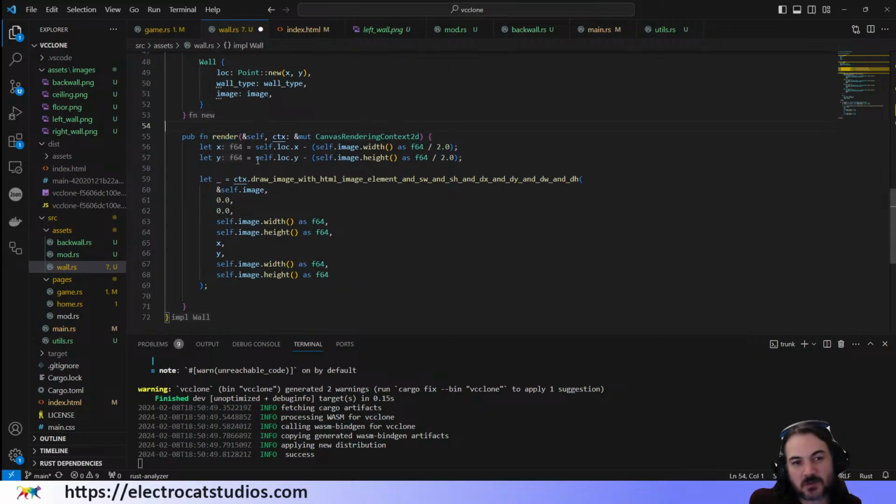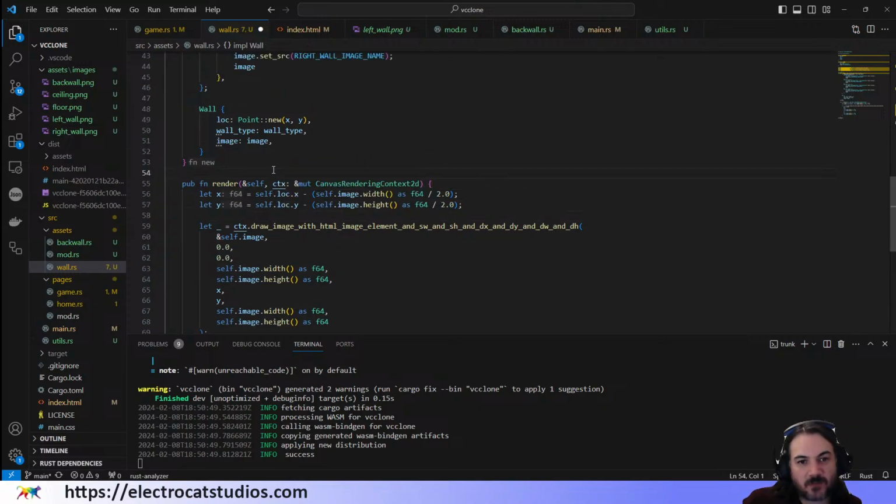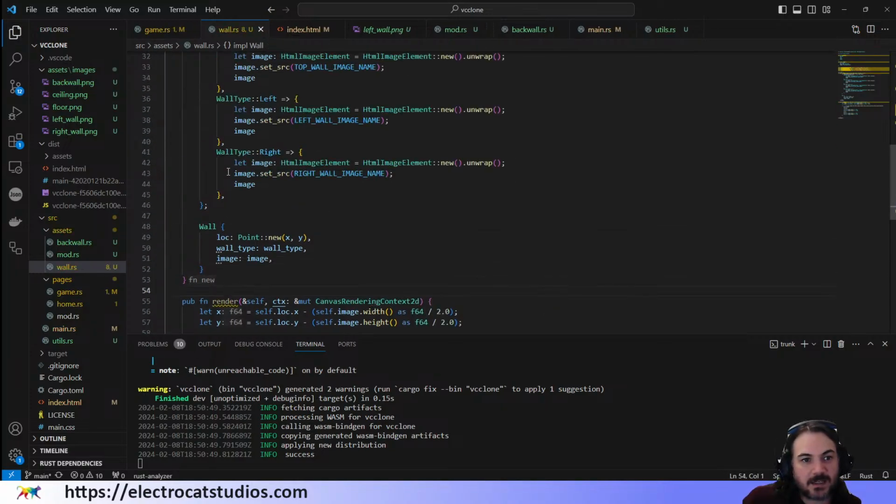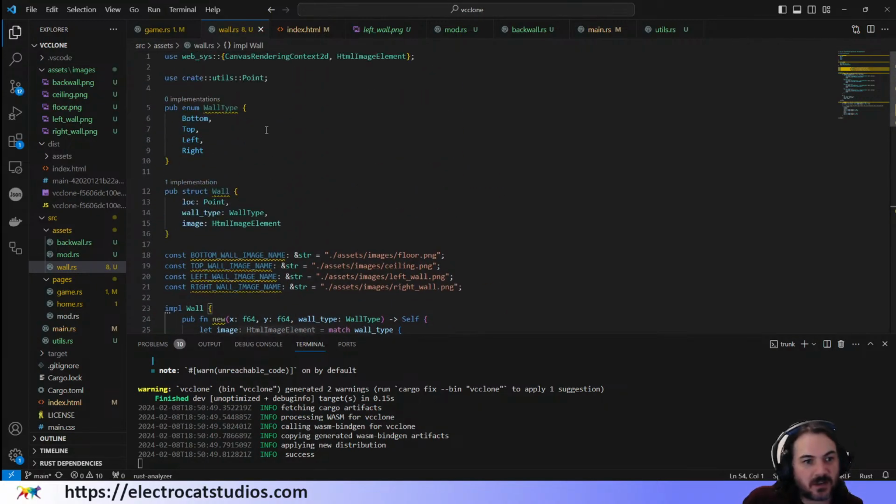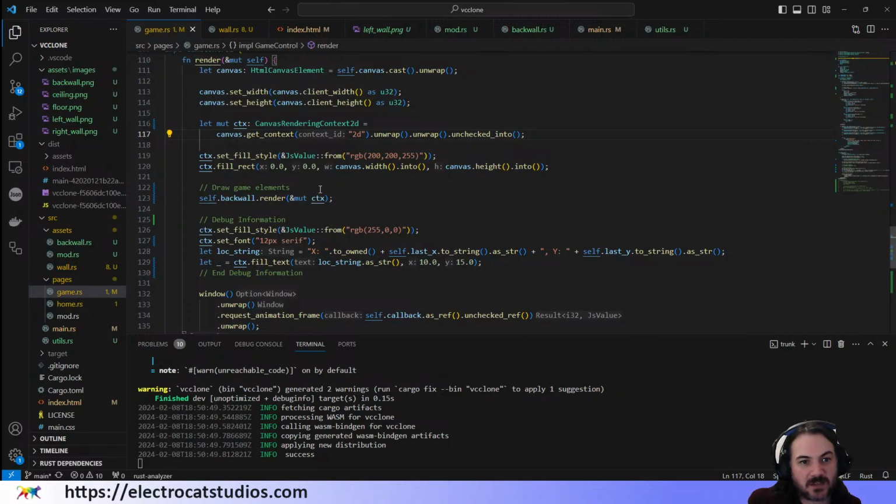I'm not sure the walls will work because I think it'll just make them too complicated, but I think for now this is fine. I just need a quick fix, we'll just import that there. Cool, so it's complaining that we're not actually calling it anywhere yet, but let's go back to here,